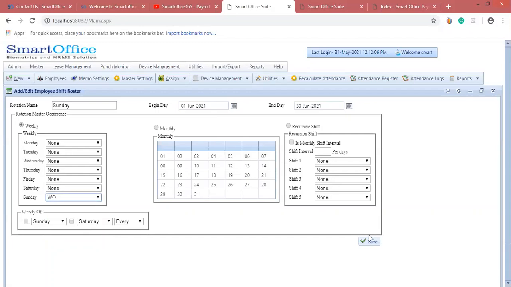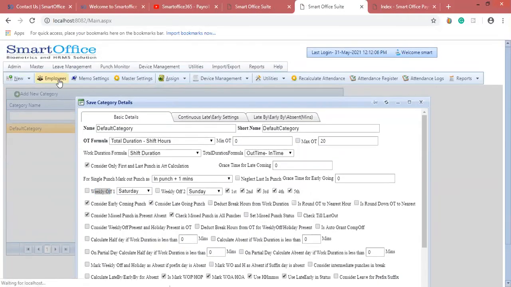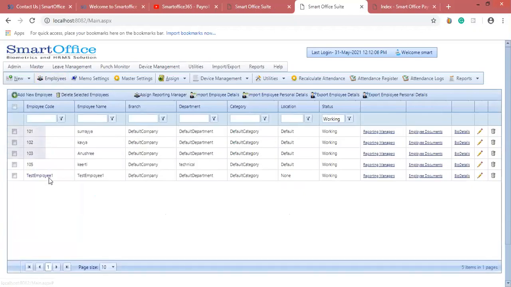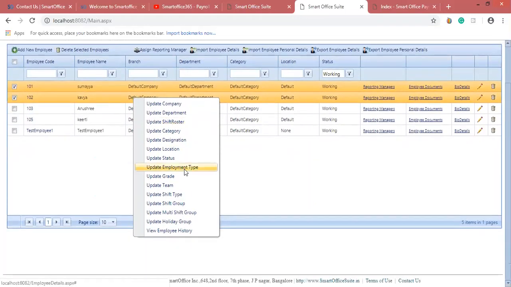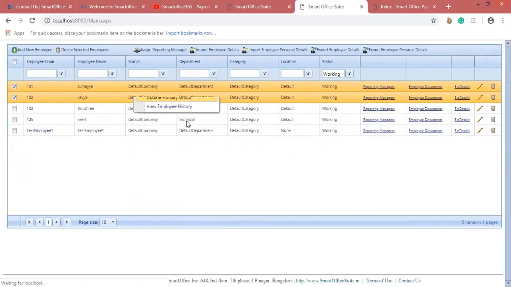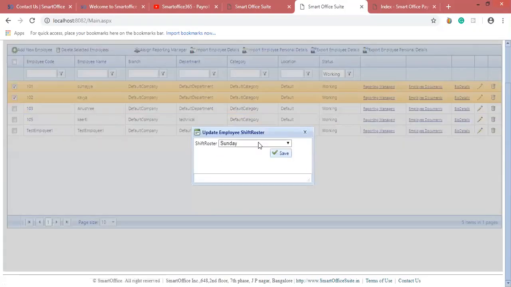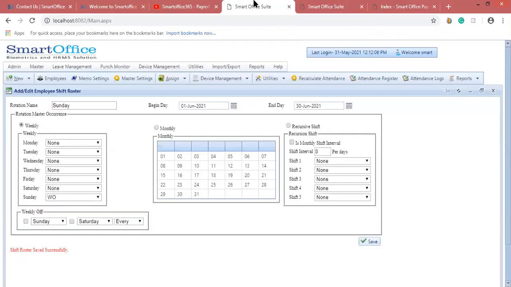Then I'll save it and come to employees. In this employee list, these 2 employees will fall under a Sunday week off. So I'll select the shift roster, update shift roster, select that particular shift roster, and save it for those employees.